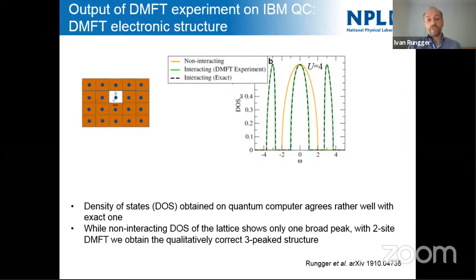Maybe just for those that are not so familiar with DMFT, to see why we use it, I also show the non-interacting solution, which is the orange curve. If you do not do DMFT, you get the orange curve, which is one big peak around 0, instead of this kind of three-peaked structure. Right? It's a qualitative failure here. So it's very important for specific systems to actually use DMFT. You cannot just do DFT, right? DFT will give you, say, the orange curve.